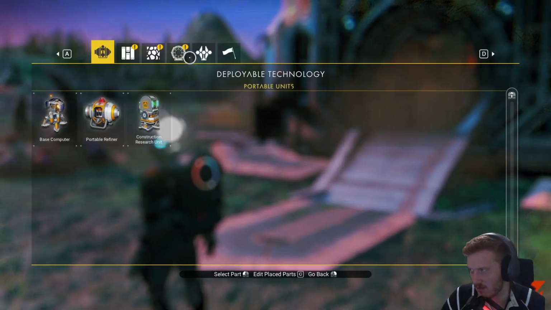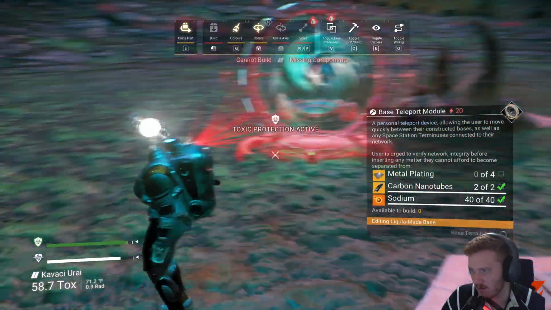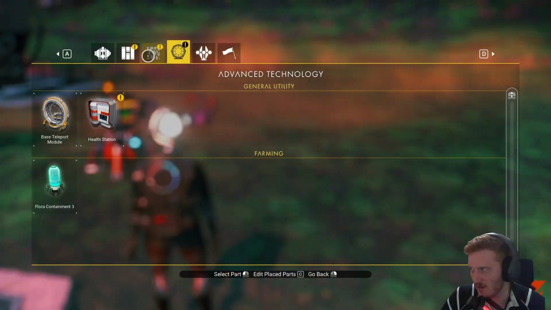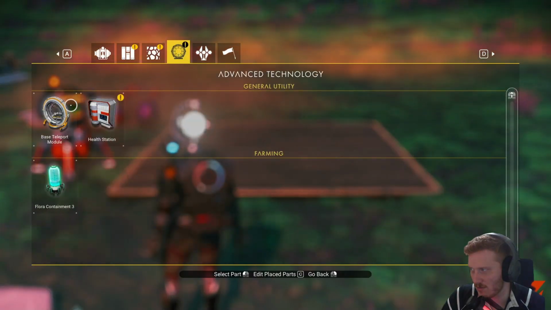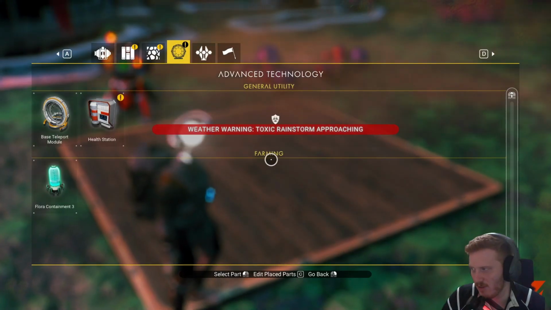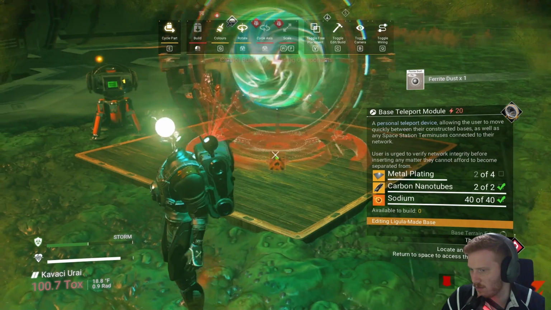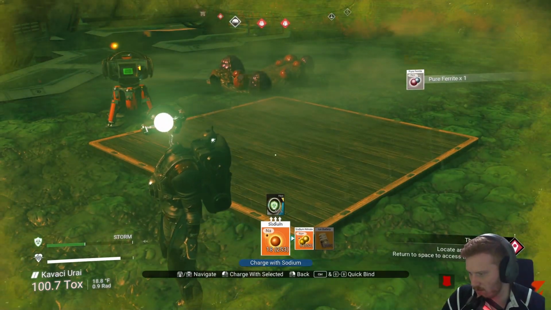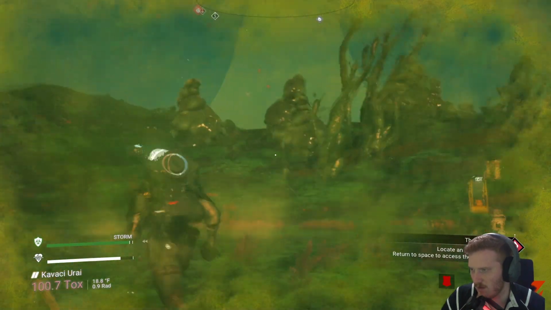And toxic protection falling. can I not? I need to have. Weather warning. Incoming storm. Oh, I don't have any metal plating. Oh gosh. Toxic protection falling. I need. Technology recharge. So